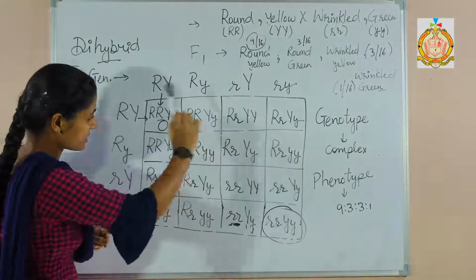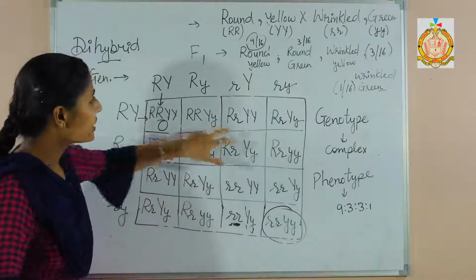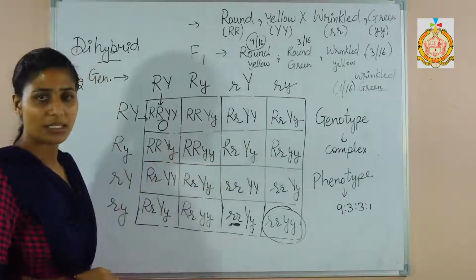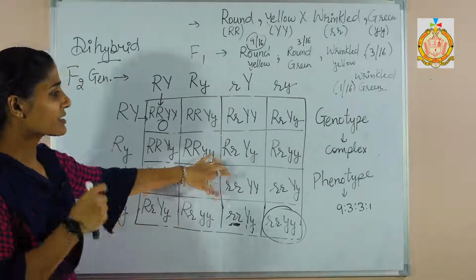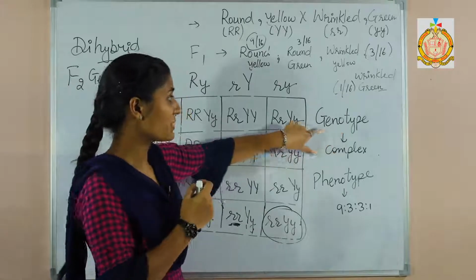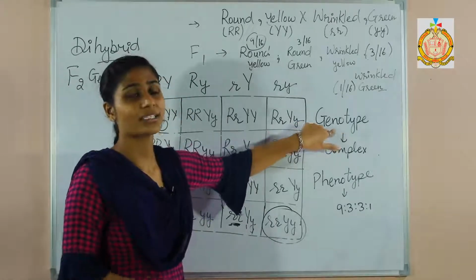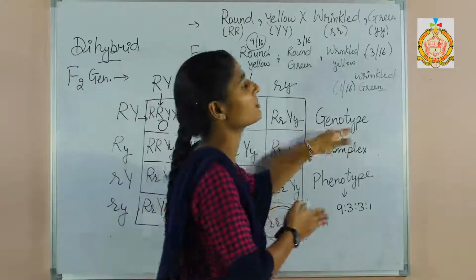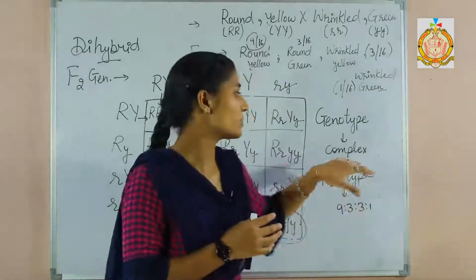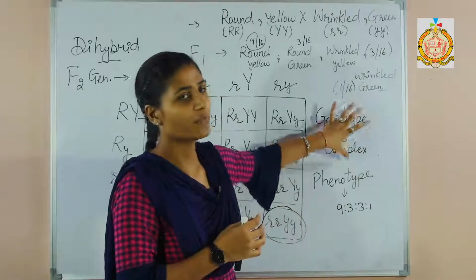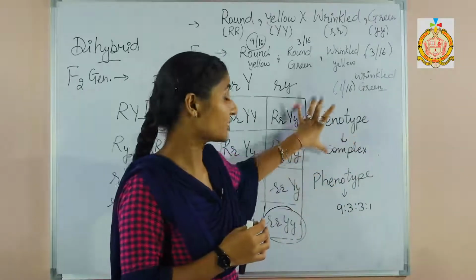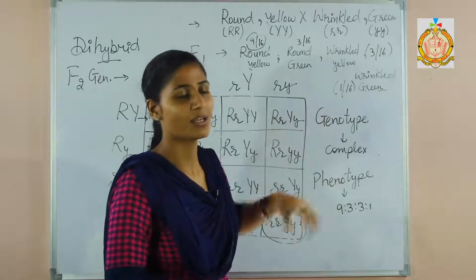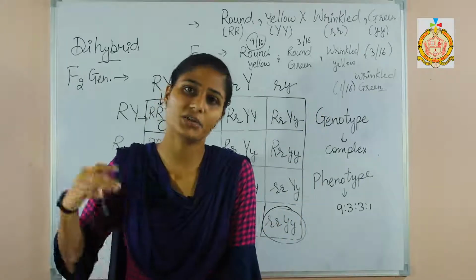See this table, this chart, all are having different kinds of genes in it. So it is very complex for us to find out the genotype ratio for it, and we are not solving in this term. In your syllabus only the phenotype ratio is there. We are not finding the genotype ratio in this one, so you will discuss it in your higher classes.